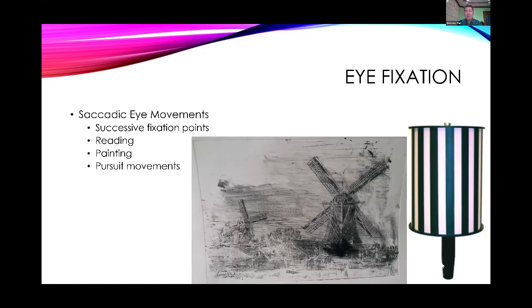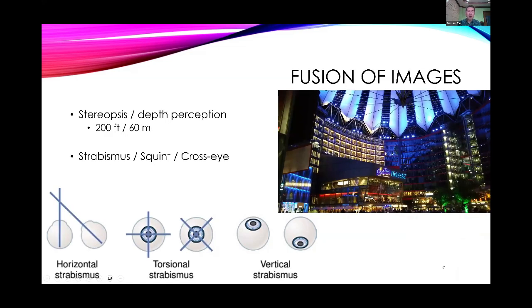Next, fusion of images. Stereopsis, I told you earlier, depth perception. When you're watching an IMAX or 3D movie, if you have strabismus, medyo mahirapan ka because the right eye might see this visual field, but the left eye might be seeing another visual field. So there's no fusion of image. So inulit ko lang siya because you'll do this in your laboratory test in stereopsis or depth perception using binocular